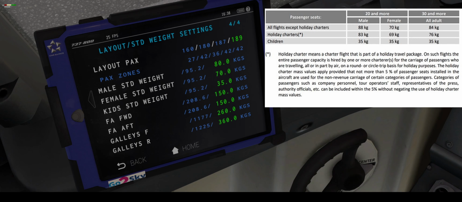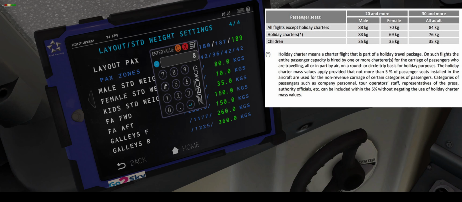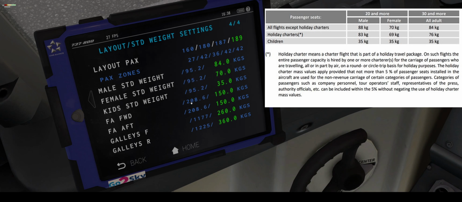Okay, if you are in some circumstances in doubt and your load sheet looks like you are heavy, you can divide it into male and female. So for our case, I put this number, and this will be the standard weight of the passenger, not male. Okay, standard passenger. And if you look at the chart,